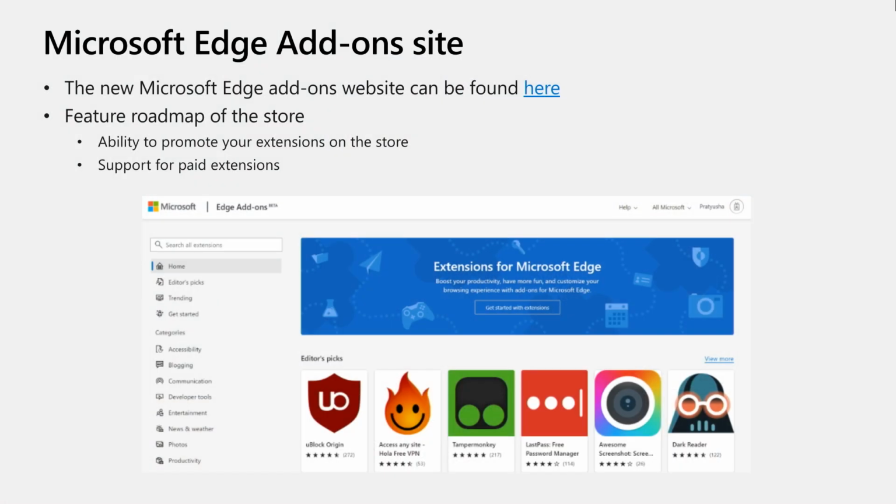Moving on to the Microsoft Edge add-ons website itself, which hosts your extensions for the end users to access. Now, this is the new Microsoft Edge add-ons website, the new look that has been launched into Canary now. You can always download Canary and take a look at the new website. It has different collections like editors' picks, trending, and get started, to show a good collection of extensions to the end users. We are also coming up with options to promote your extensions and also support for paid extensions. We urge you to go through the website and provide any feedback to